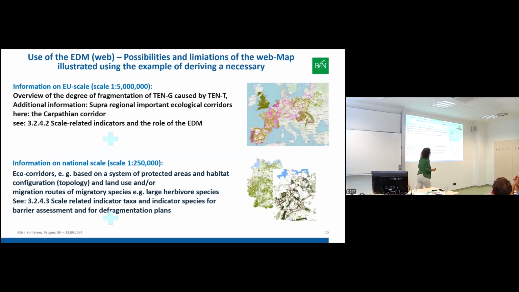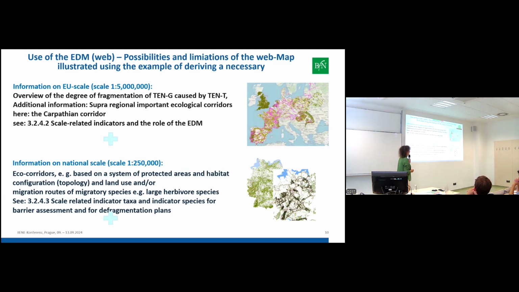And how to use it in the Baierl project, I have listed the explanations. We have them also in the Baierl project, where you can look to go deeper. Then, if you go to the national scale, you will see eco corridors from the different concepts of the countries. This is here for Germany. I know this best. It's now updated for